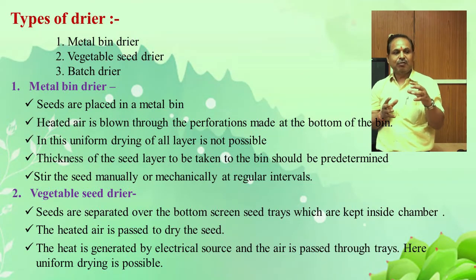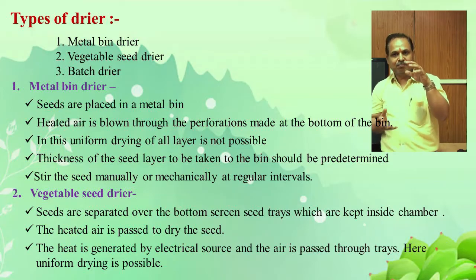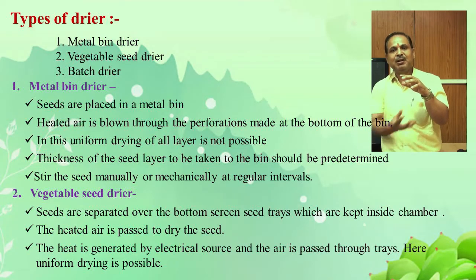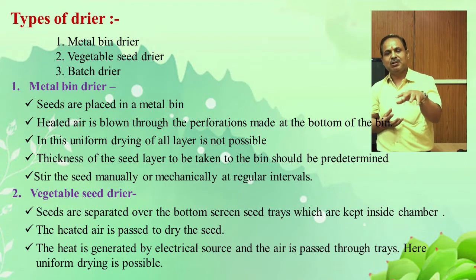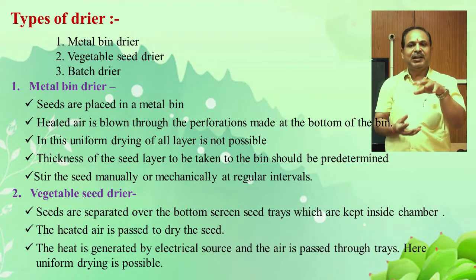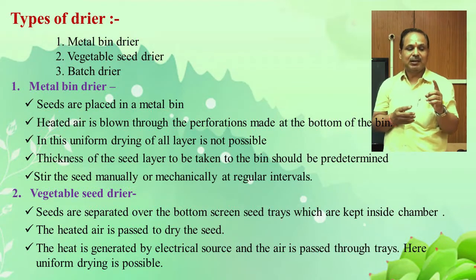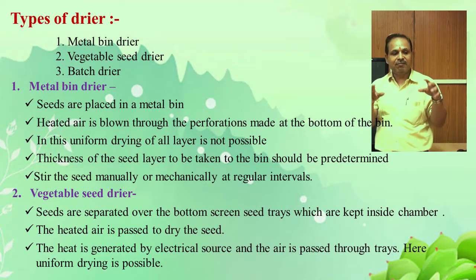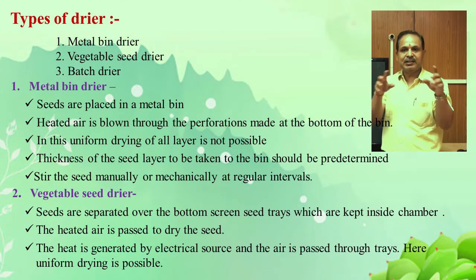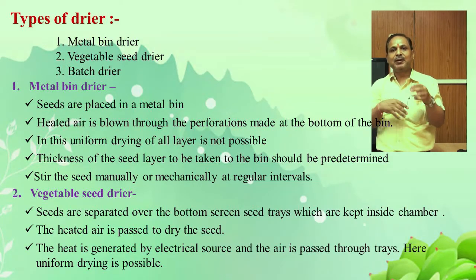In this, uniform drying is not possible because the heated air comes through the bottom, so the seeds situated at the bottom level will be heated more than those in the upper parts. Hence we must stir the seeds at regular intervals, manually or mechanically, for proper